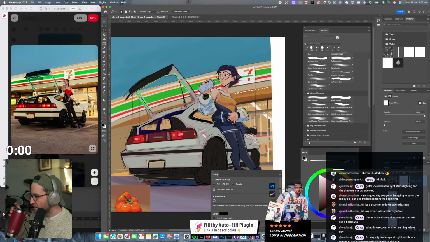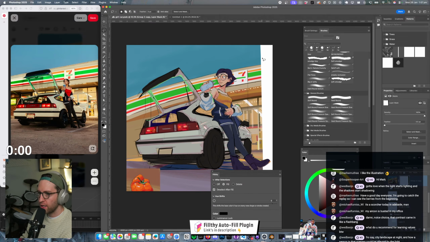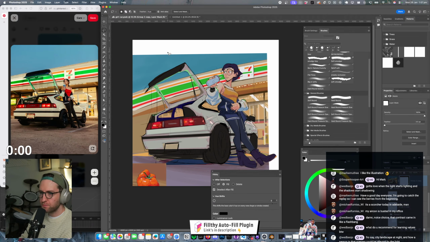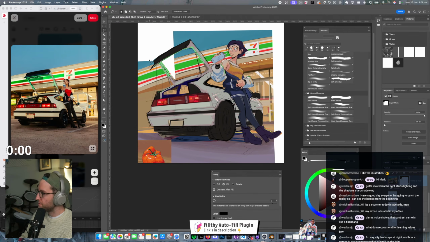For say a city landscape at night and how a person in that scenery could be affected by the light. Well, that will then come back to understanding how light works. I think that would be one part of the puzzle. And seeing if you can get some reference of people in city landscapes at night.